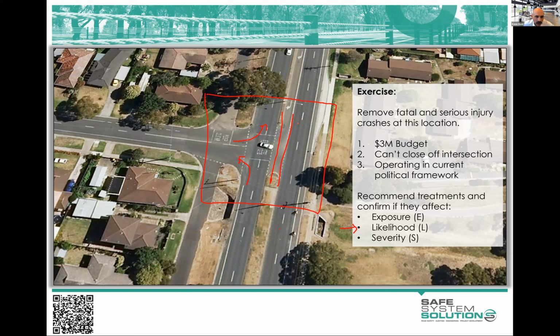Any exposure reduction would only be due to less traffic volume, not the reduction in conflict points. So it's a little bit tricky, but think about it from a whole intersection. Have we eliminated the ability for intersection crashes to occur? No, we haven't. We've lessened the chance that they're going to happen because it's simpler, there's less conflict points.